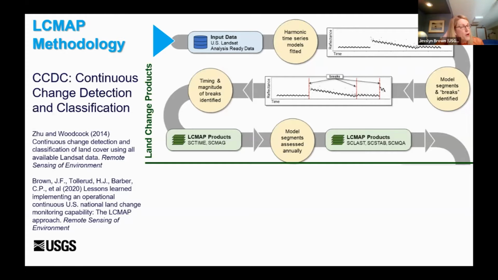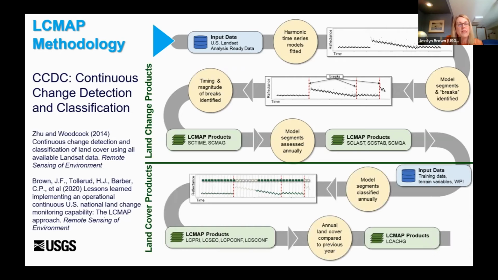So this is a flow chart of our basic methodology. To get to this land cover change information, we're using an algorithm called continuous change detection and classification. I've got some papers there that people can consult for more information. And I've got two pieces of this flow. We've tried to simplify it for presentation, where we start with the blue arrow over here, and we just swirl around the gray bar there.